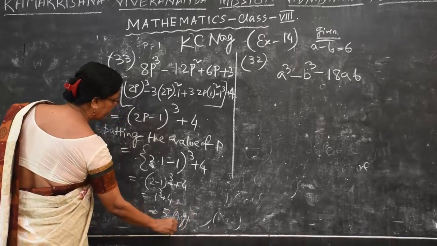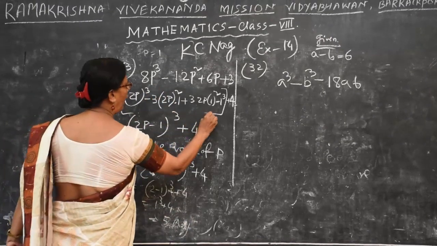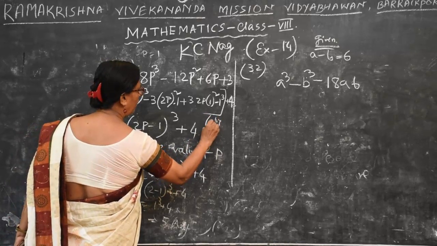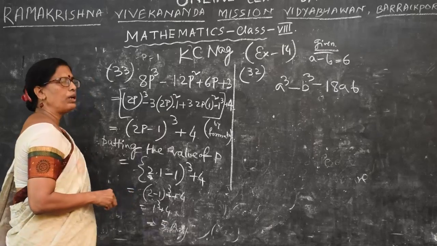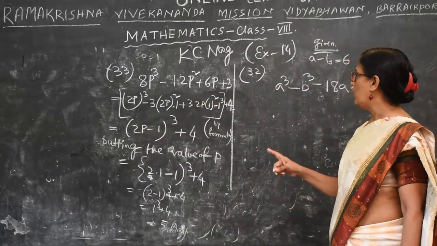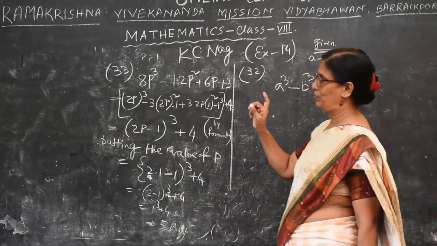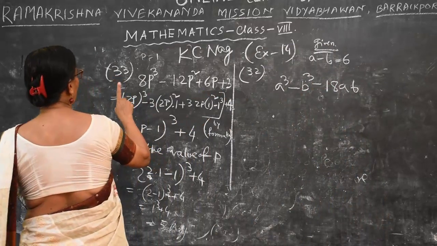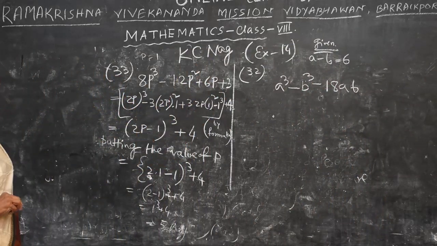So when you write the formula, then you write this one by formula. We apply this line the formula. So we write here by formula. Now go for this one. This one also has 3 terms, not the 4 terms. See, the cube has the 4 terms: 1, 2, 3, 4. But that one has 3 terms.